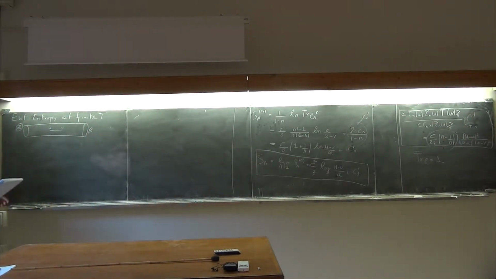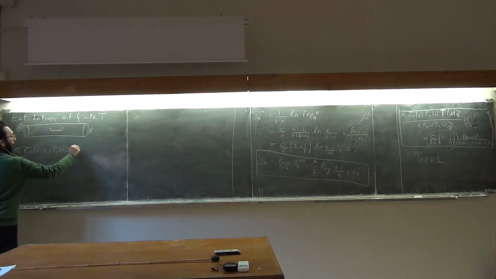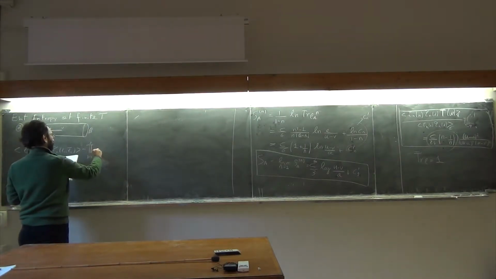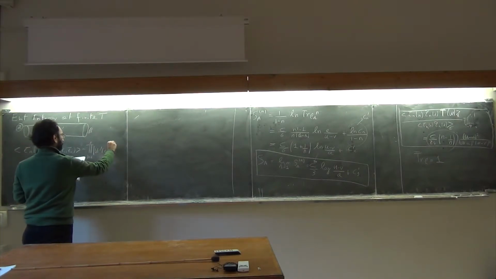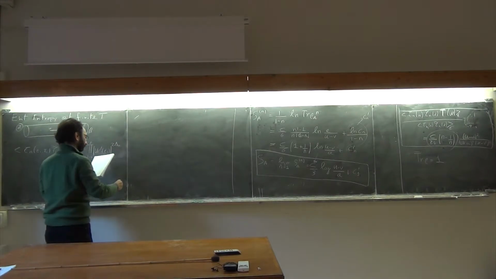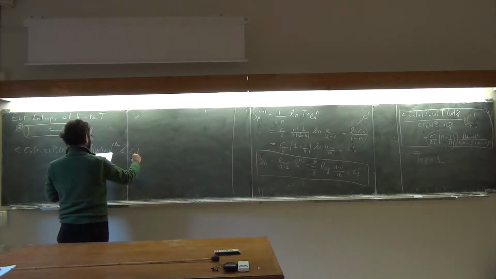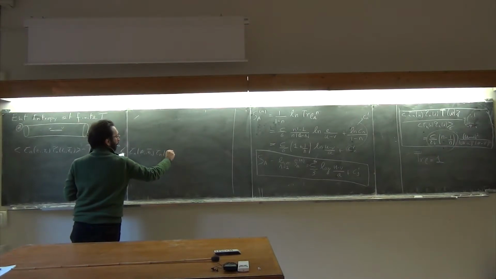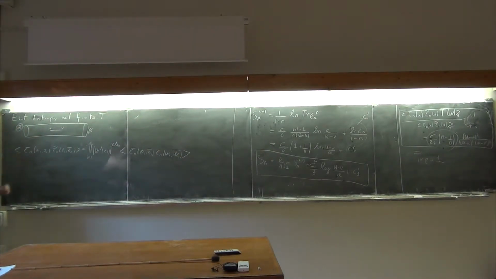But since we say the trace of rho to the n is like the two-point function of a primary field, and we know that under conformal transformation a primary field transforms, let's write like this. Where I'm saying that under a conformal transformation,